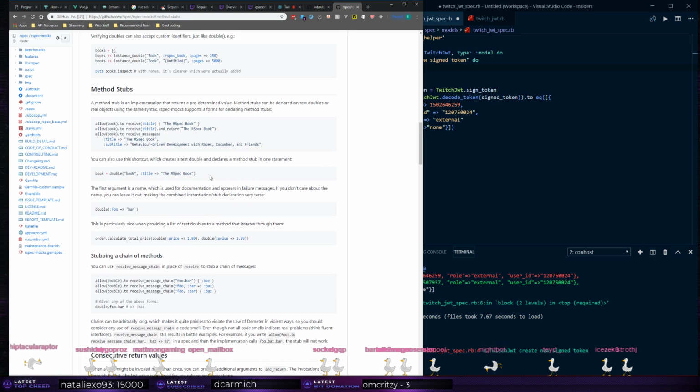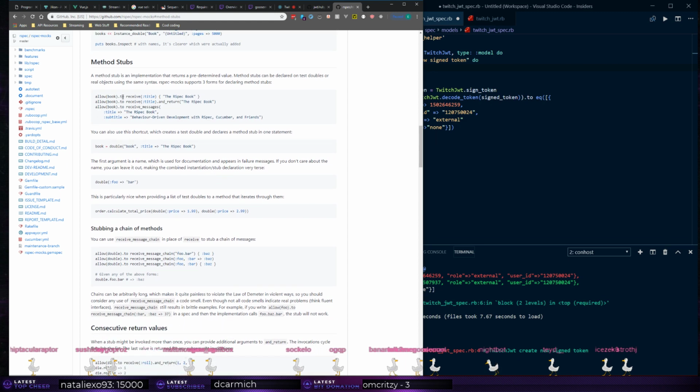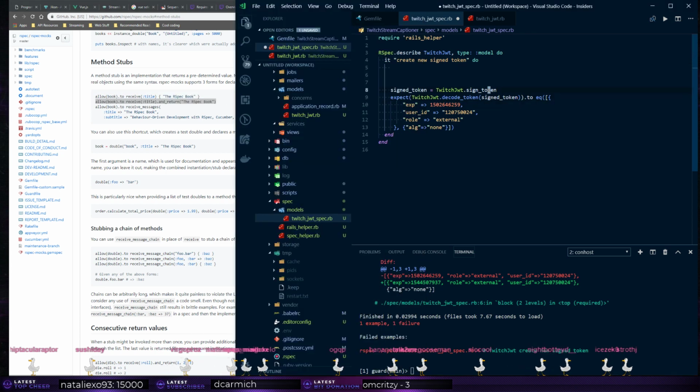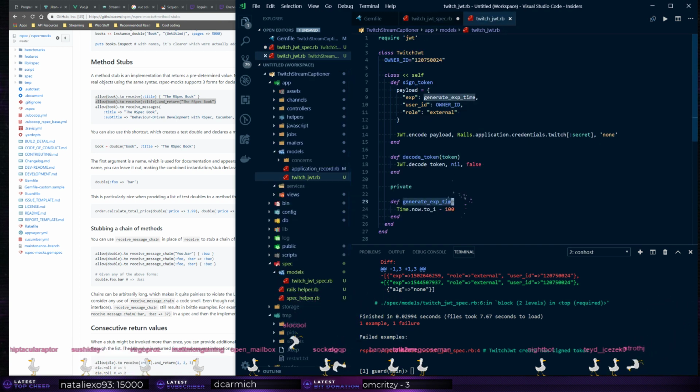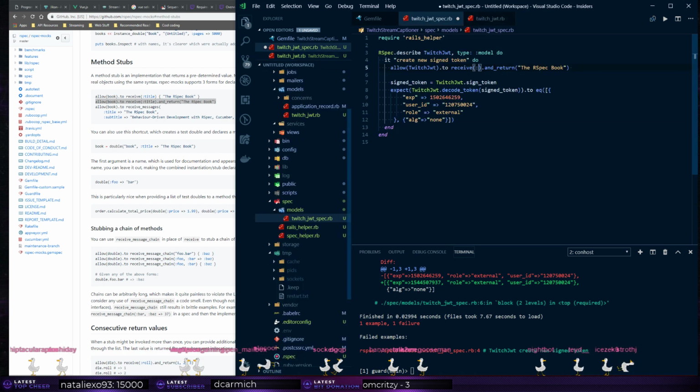Okay, so it is just stub methods. Here we go, this is what we want. So this will make it testable. So allow Twitch JWT to receive our generate expiration time, and return